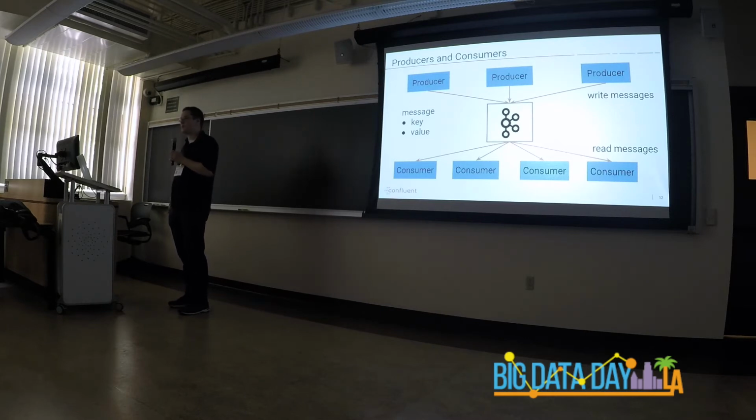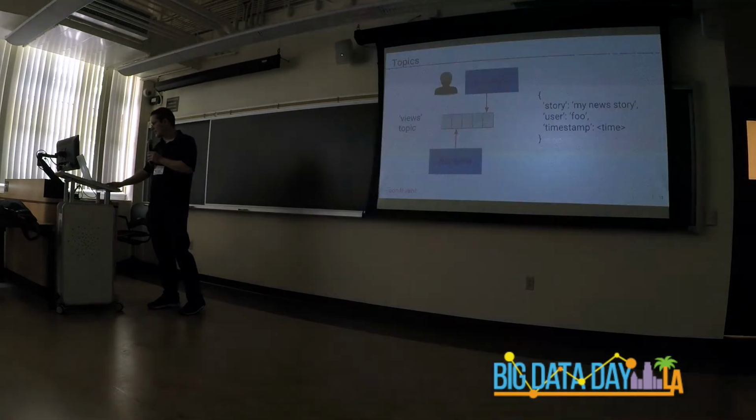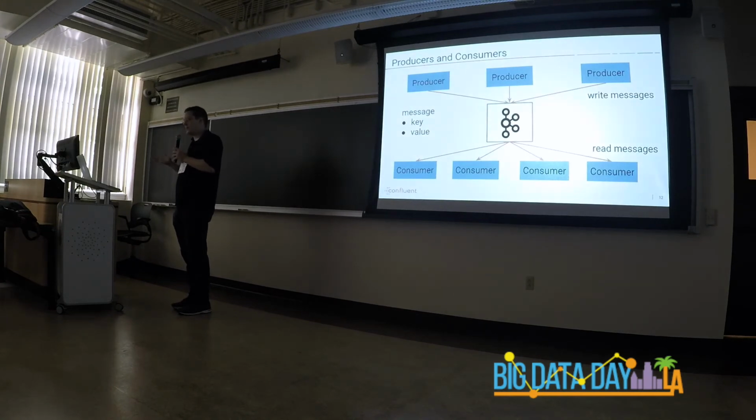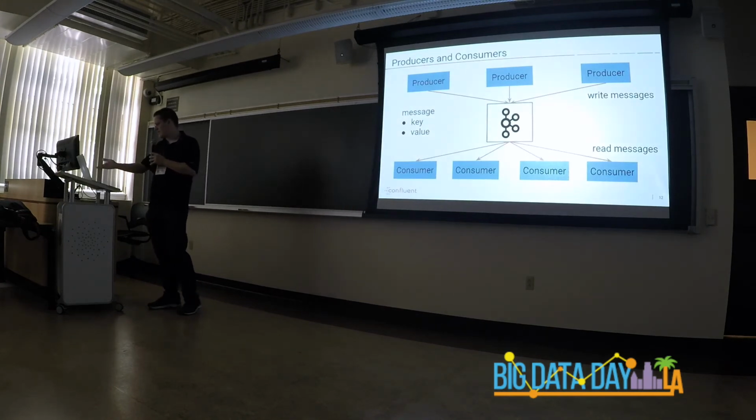Another thing that I think it's important to note here is that you can have multiple producers and multiple consumers in Kafka for the same topics. And that isn't necessarily true for all queuing systems. But certainly for Kafka, multi-producer and multi-consumer all the way. And as I said earlier, each consumer has its own offset. Like I said earlier, you can actually have consumers consuming from different parts of the topic.